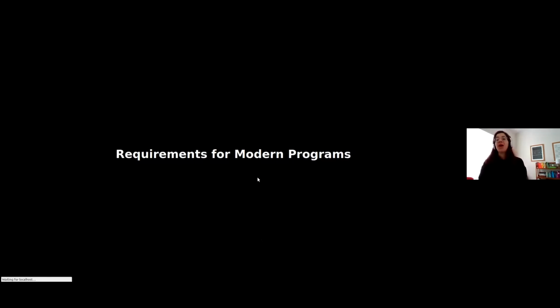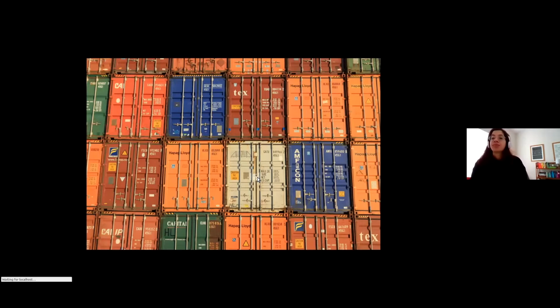All right, so now that we hopefully understand a little bit about what the benefits are, I'll move on to the last section and then I'll pause for questions. Just to understand a little of what we expect from a program. The first thing is we expect it to be portable, right? If I'm writing it on my machine, I don't want it to just run on my computer. Maybe I want it to run on Kevin's computer as well. For example, if you're writing something for the web, you want it to run in different browsers. So we expect it to be portable and work everywhere we need it to work.